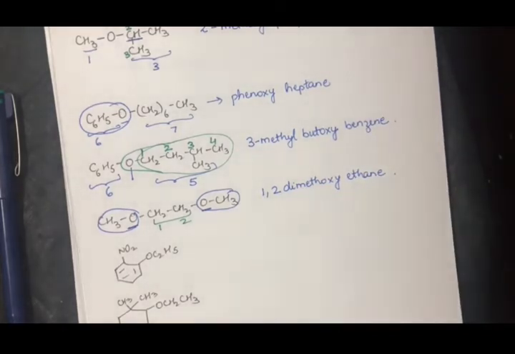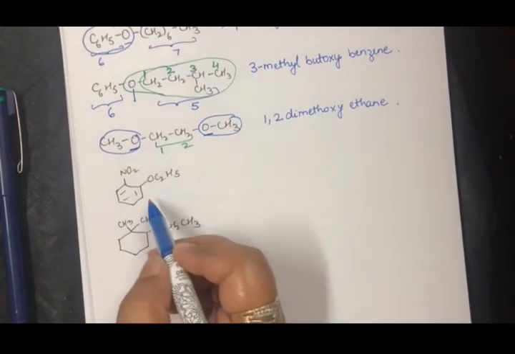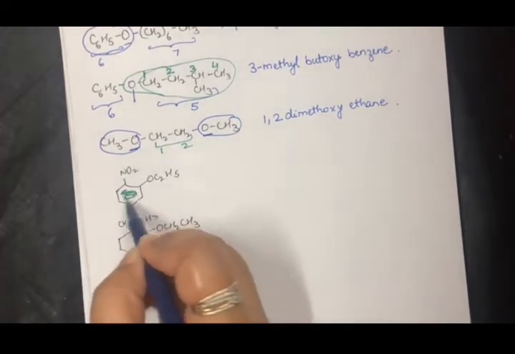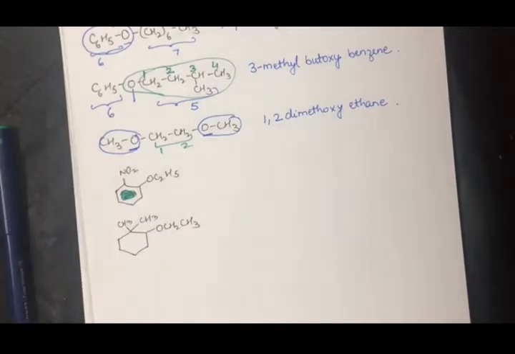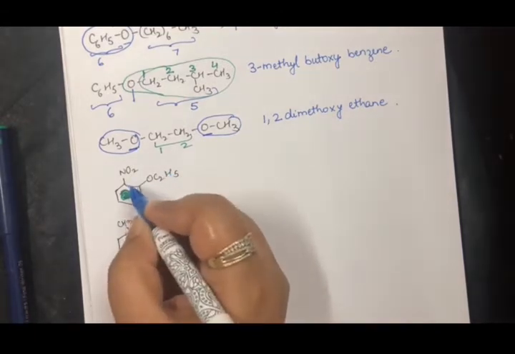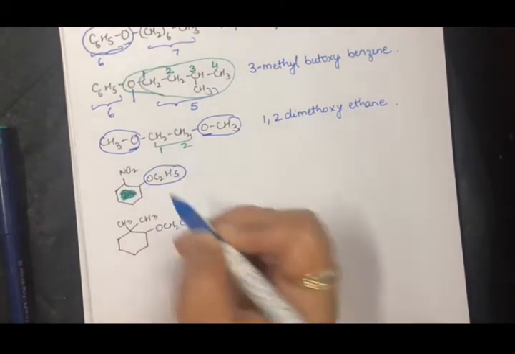Right? Now, in the next structure, if the structure is given to you like this, let's change it a little bit. Let's remove the ring. Let's make it cyclohexane. Now it is given like this. Now this is 2 carbons and this is your entire group. So definitely this is going to be your alkoxy.